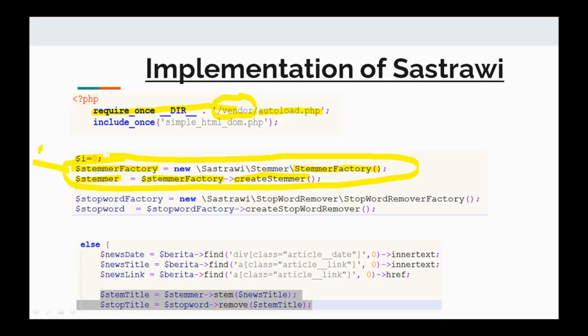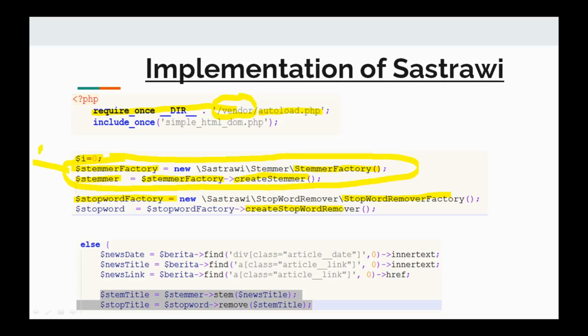For stop word removal, it is almost the same as stemming. Only the variable, the class, and the method used are different. For the example, we are going to stem the news title.